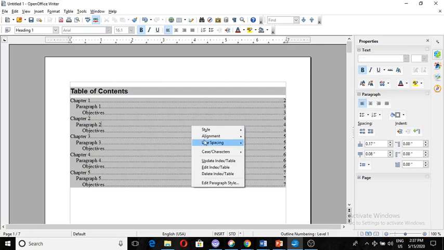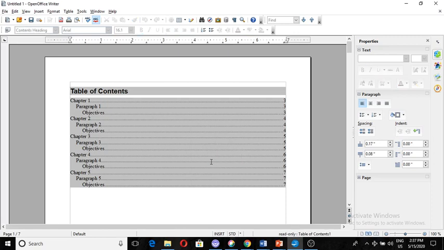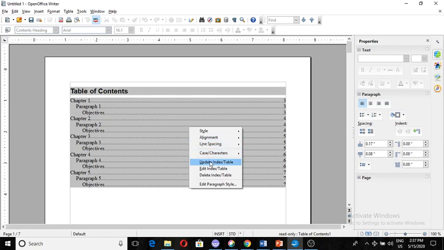The index is not being updated. So I right click again, go to update index table, and now I see that my page number has been changed. So any update done after you have made the table of contents, if you have made any changes in the page numbers, you have to go to the table of contents, right click it and press update index table.